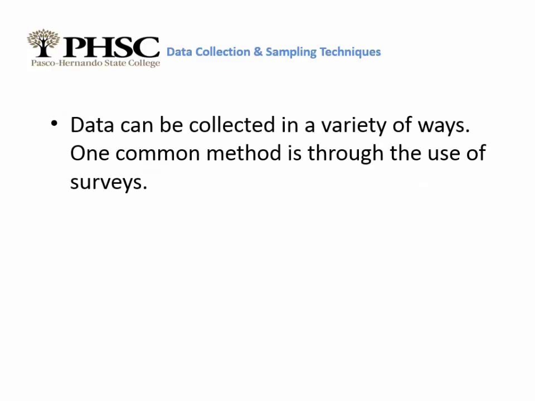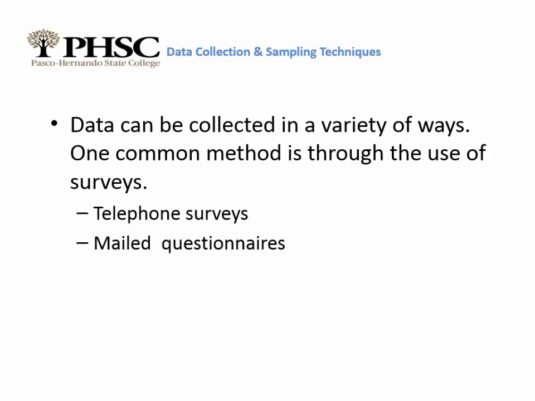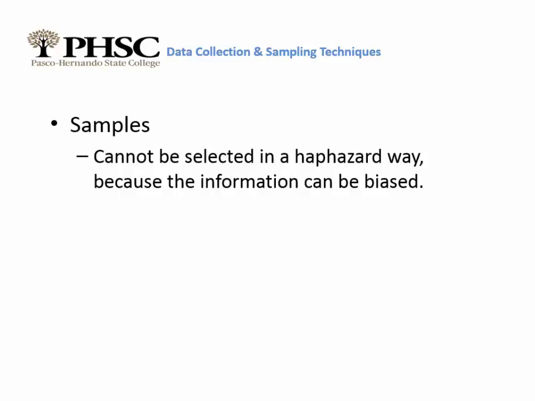So data can be collected in many different ways, and one common way is to use surveys. So we can use a telephone survey, mail questionnaires, personal interviews, and so on. Now, I said this at the beginning in the first lecture, that samples cannot be selected in a haphazard way because then the information that we get can be biased or useless. So we have to be careful when we gather our data that we are following proper sampling techniques and data